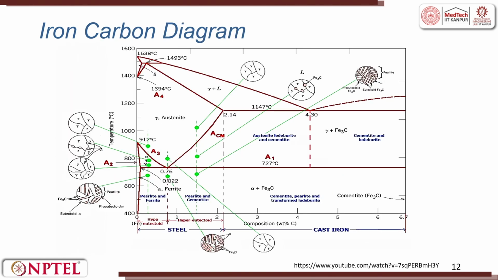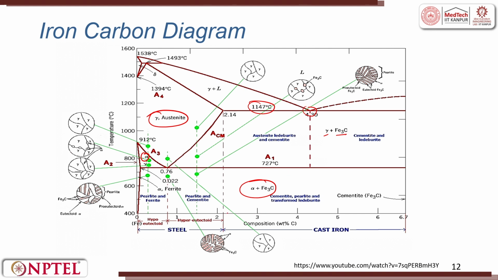Then comes a quick review of the iron carbon diagram. As discussed, upon heating pure iron experiences many changes. We have ferrite, that is alpha iron, here, we have austenite here, we have ferrite plus cementite existing here, we have eutectic reaction, we have eutectoid reaction. The eutectic reaction is at the temperature 1147, it is given here, and at 4.3% of the carbon, where liquid turns into austenite plus cementite.